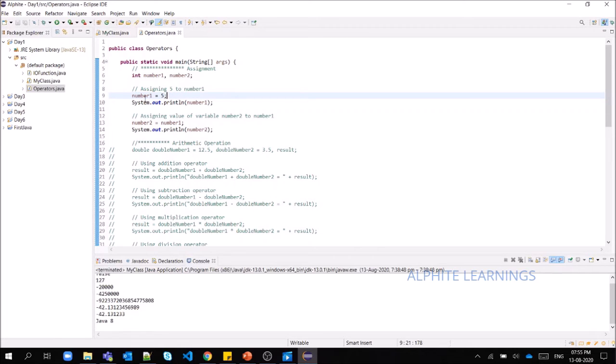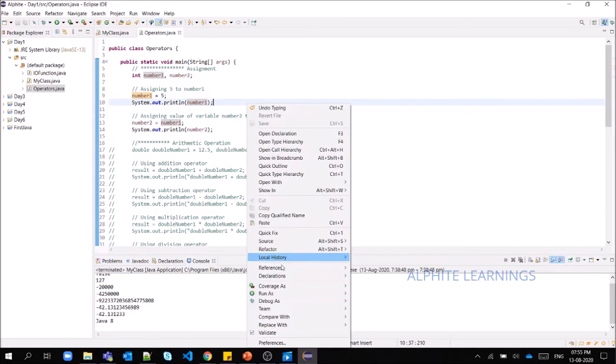I'm assigning 5 to number1, and as I'm assigning number1 to the variable number2, the 5 will be stored in number1 as well as number2. Okay, let us run this.